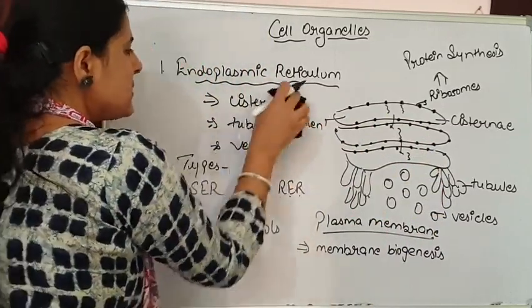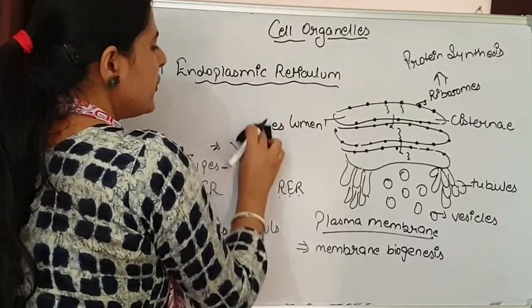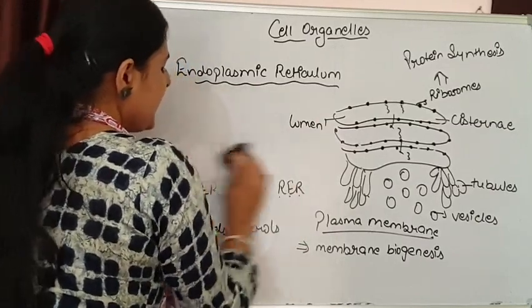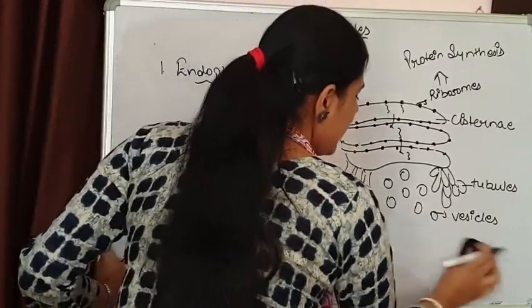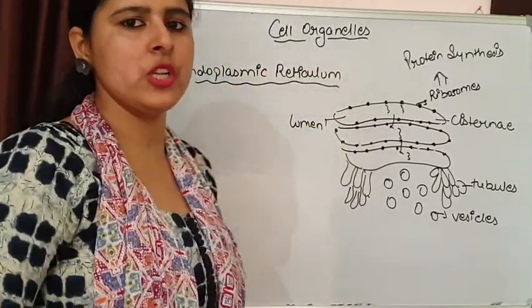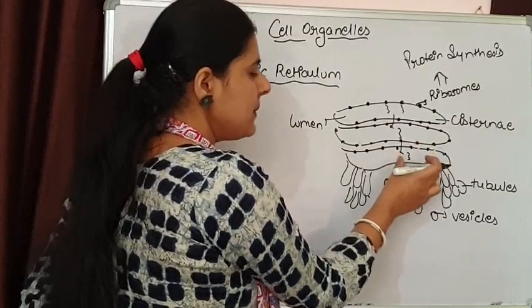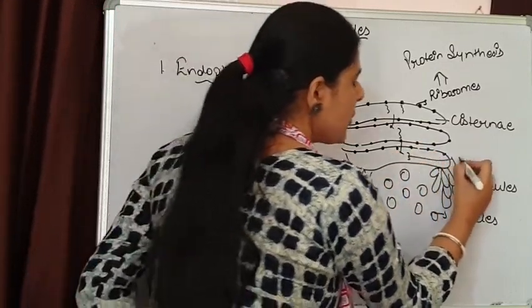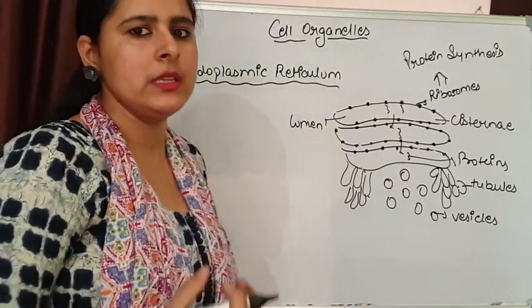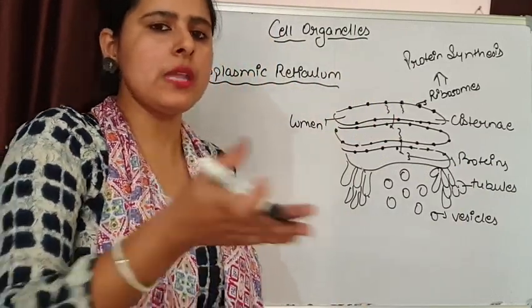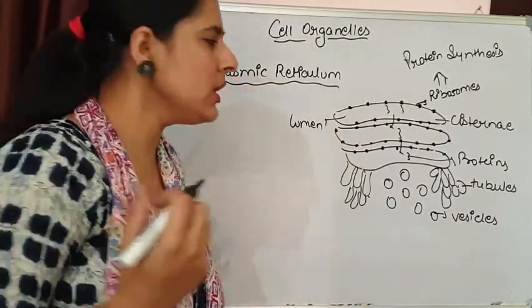This means these are proteins, but they have not converted into fully functional proteins. They require lots of modification and changes to become fully functional. So now what happens with these proteins? This is a protein, and this is an immature protein. This needs more modification so that it will convert into a fully functional protein.